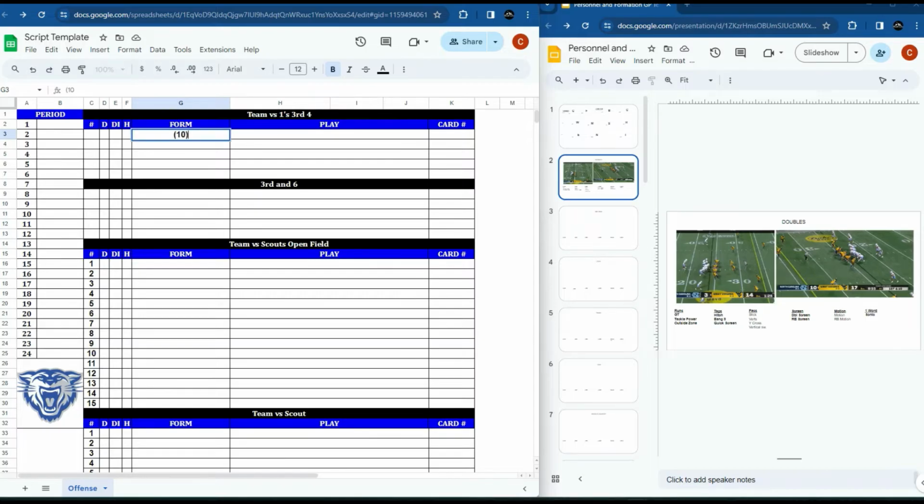The first 2 might be in 10 doubles. The next one might be in 11 spread. The second one might be in 11 twins. Then the last one might be in 21 right formation. Since I already have these calls in my call sheet right here as far as doubles, on 3rd and 4,